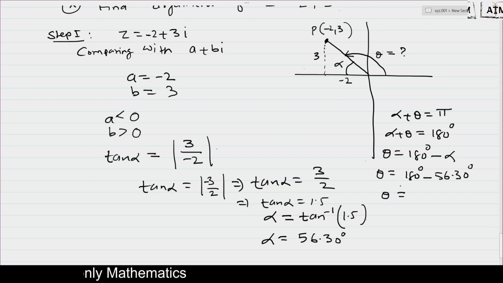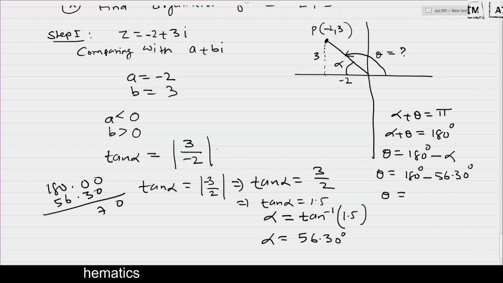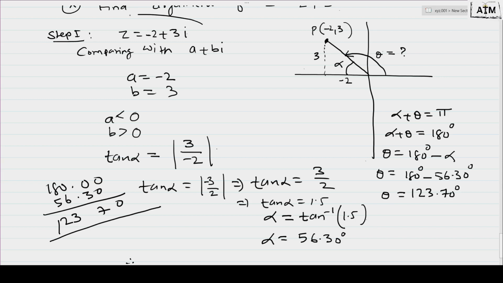So now we subtract 56.30 from 180. 180.00 minus 56.30 gives 123.70 degrees. Therefore, the argument of z equals minus 2 plus 3i is